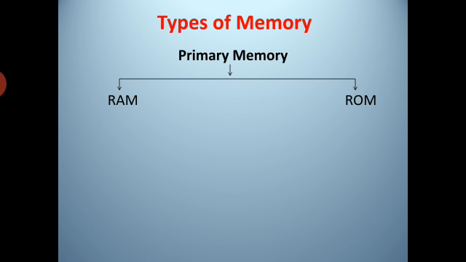ROM. The full form of ROM is read only memory. It is a non-volatile memory, which means its contents are not lost when the power is turned off. It is used as a small but faster permanent storage for the contents which are rarely changed. For example, the starter program, bootloader, that loads the operating system into RAM is stored in a ROM.